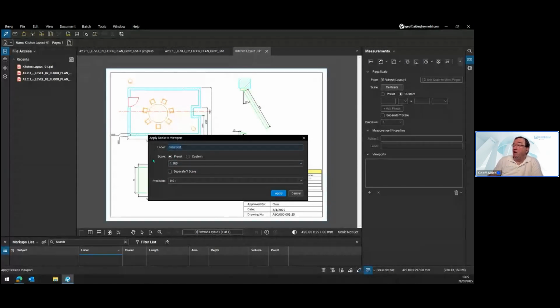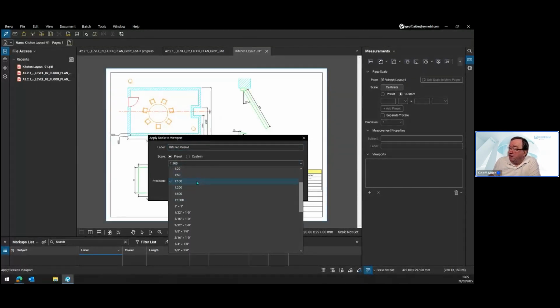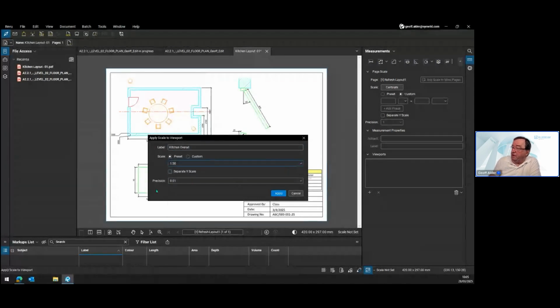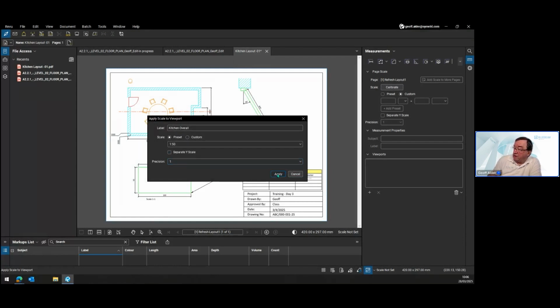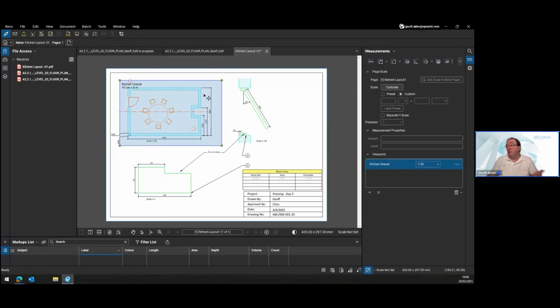So even overtype that and say this is my kitchen overall, and I know that it's at 1 to 50. So I'm going to just drop that down to a 1 to 50. Precision, because I'm in millimeters, I don't necessarily need to go to 2 decimal places. So I would just pop that back and just go to rounding off at one decimal place there. And so if I click on apply there, now you can see that we have a viewport